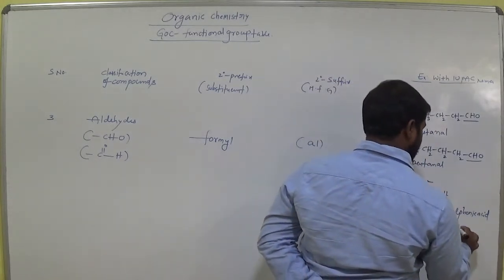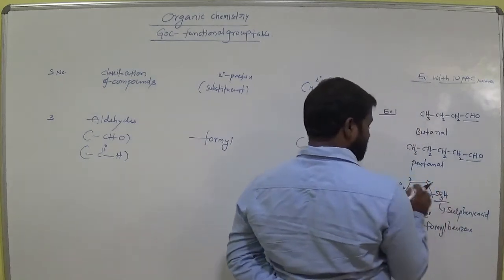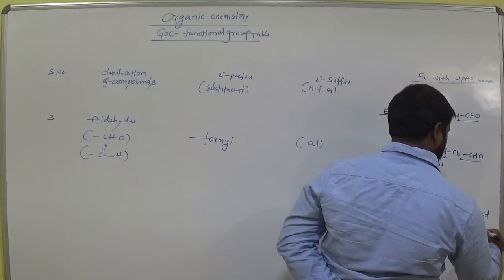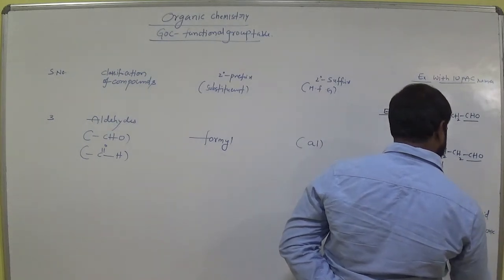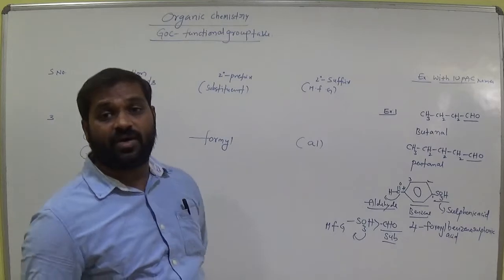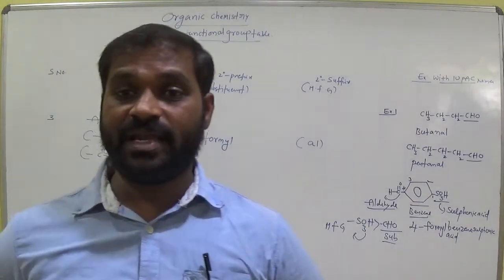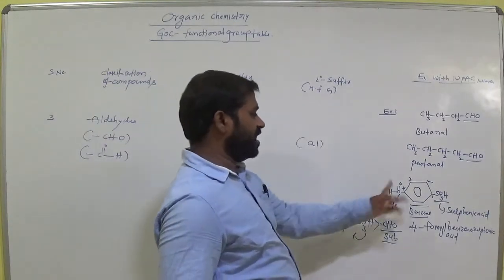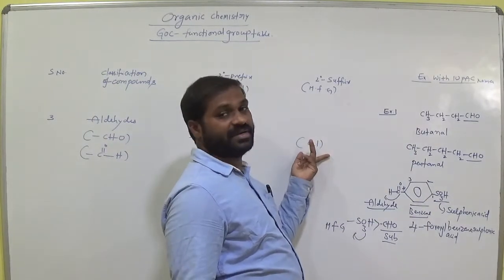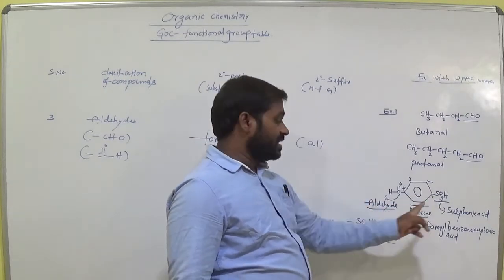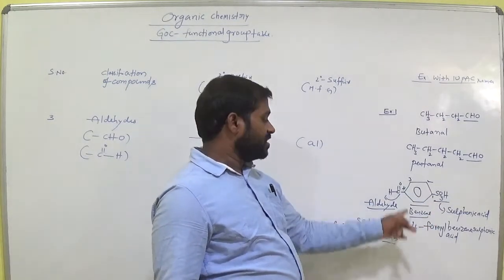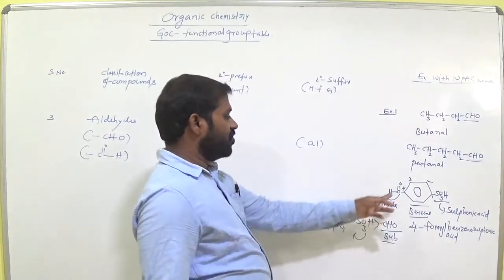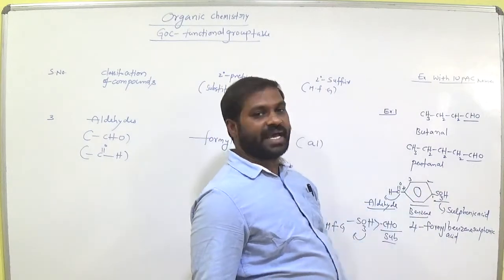Now what about this one? Benzene. SO3H means sulfonic acid. Benzene sulfonic acid. So when aldehyde is a substituent, we have to write formyl as secondary prefix. Formyl, where it is a substituent aldehyde. When it is the main functional group, it is -al. Remember this. Here two functional groups are present, and the main functional group is sulfonic acid. So aldehyde we call as formyl. 4-formylbenzenesulfonic acid. Remember this.